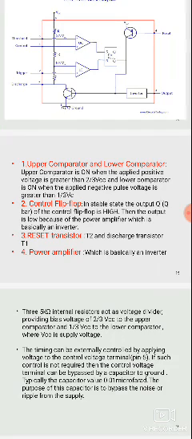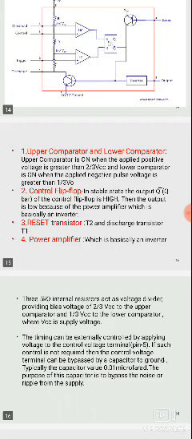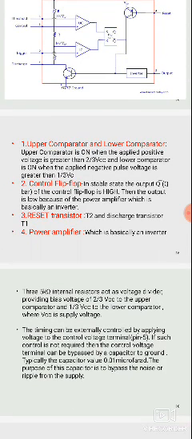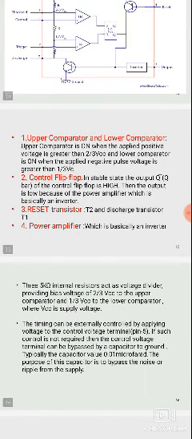Just now we completed the pin diagram section. The threshold voltage consists of a voltage greater than 2/3 VCC, and the triggering input consists of a voltage less than 1/3 VCC. The voltage less than 1/3 VCC is connected to the lower comparator. The lower comparator is on only when the negative pulse voltage is greater than 1/3 VCC, and when the positive voltage is greater than 2/3 VCC, the upper comparator will be on.